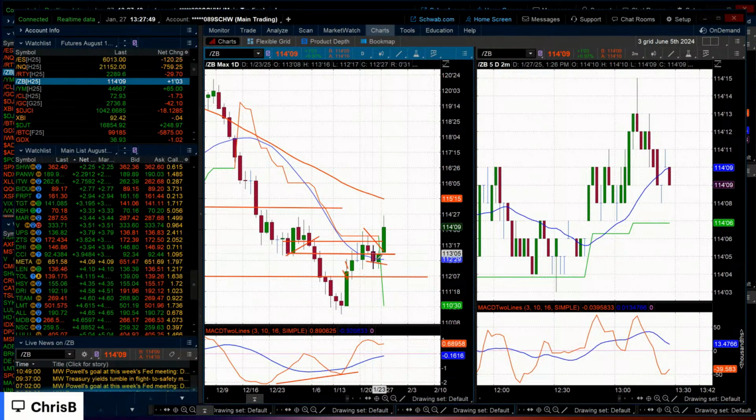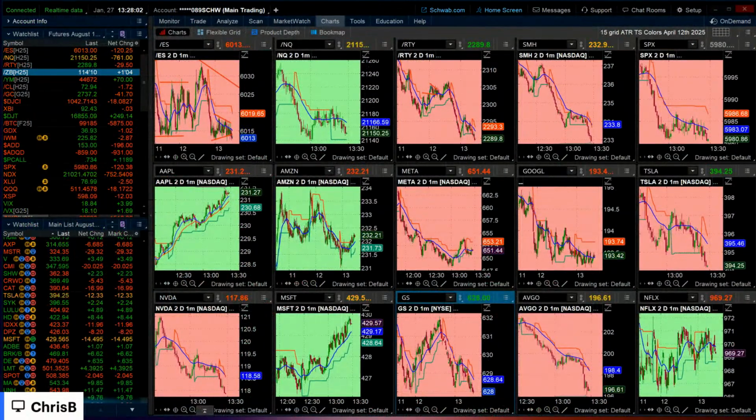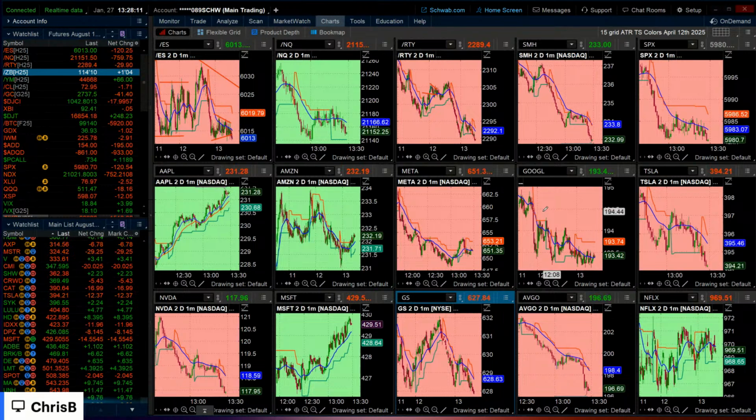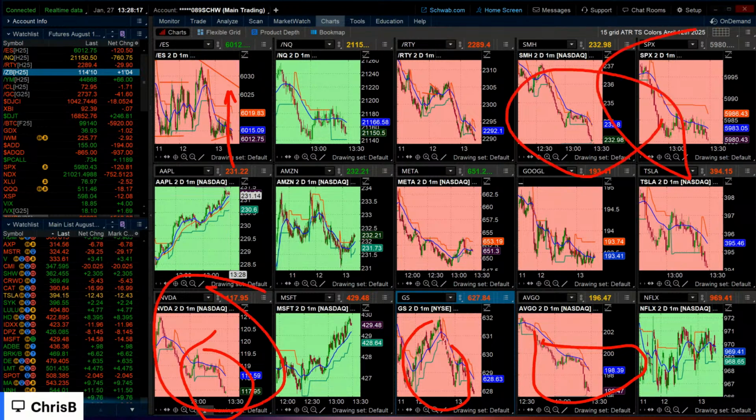This, I like when you see a defined pattern. So, I mean, that's how I do it. And like I said, I see nothing that looks good in the markets right now. Maybe you do. I don't. And I'd love to say, yeah, buy this, buy that. I don't know about you. This seems like short this, short that. Not Apple. But when you see these breaking down, why on earth would I buy the ES if these were the things that made it go down in the first place?